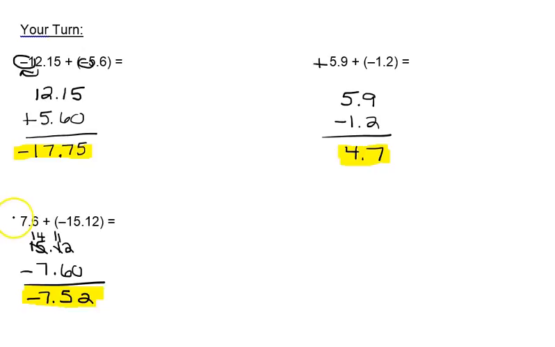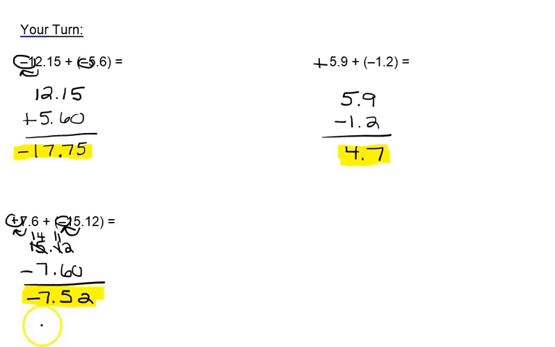For our next one, this is a positive and a negative. So the signs are different. When the signs are different, you find the difference or subtract. And then we have more negatives than positives. We have 15 negatives and 7 positives. So our negatives outweigh the positives. That's why our answer is a negative